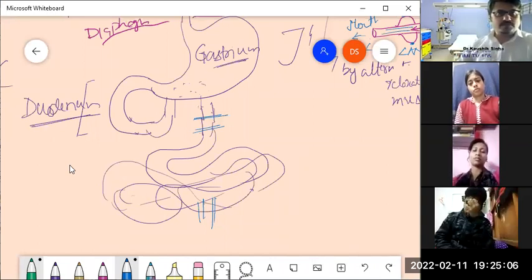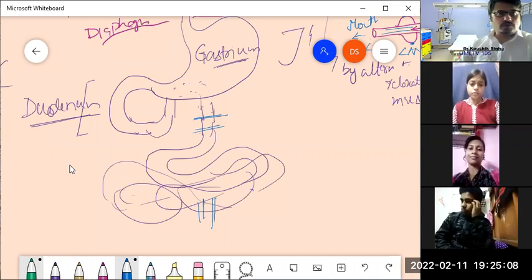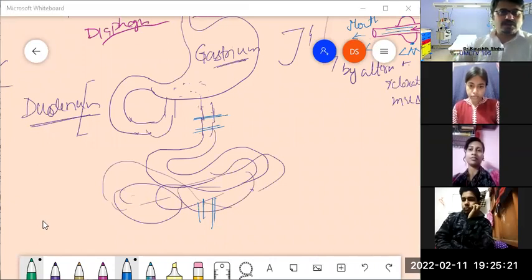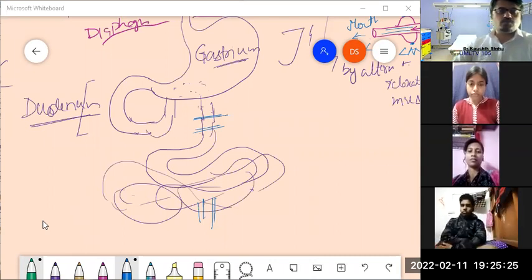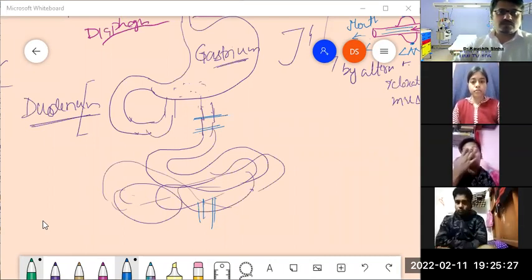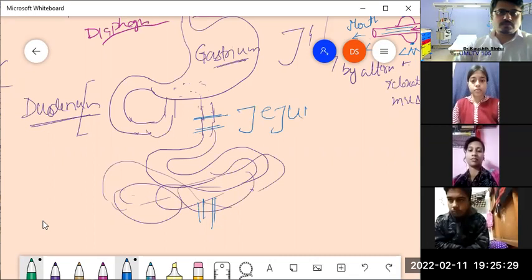Understand? If we study the internal structure of these two parts, we will find a considerable difference. And this difference is indicative that this entire tube, though it looks like a single tube, is basically two parts of the same tube. This is known as jejunum, and this is known as,